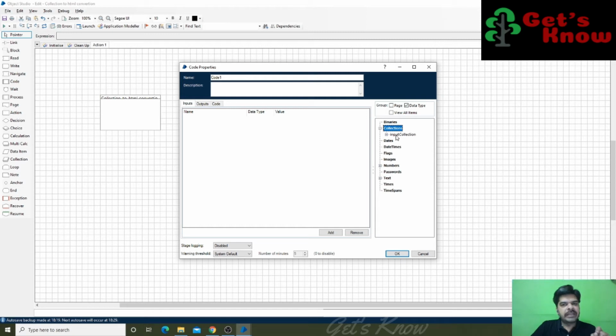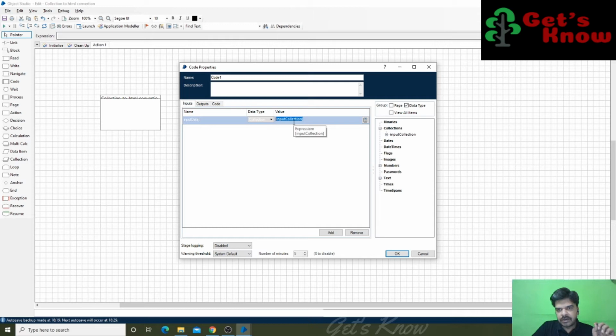So how can we get this collection? For that purpose we have to create a parameter. Here you can give any name. I'm just giving input data, and it's going to be of collection type. It's a collection type, and the value is this collection. So this collection value I am going to get into this input parameter, input data.